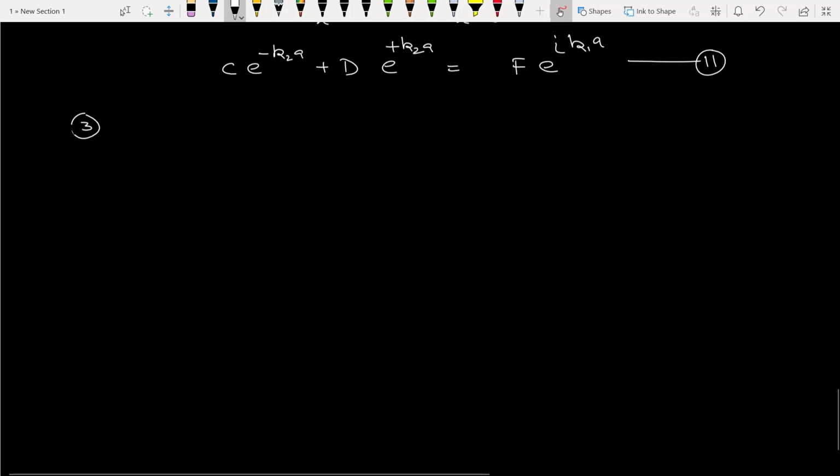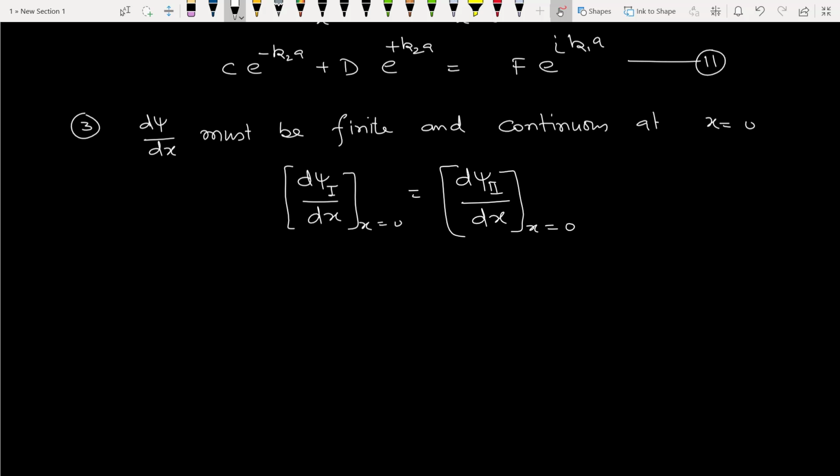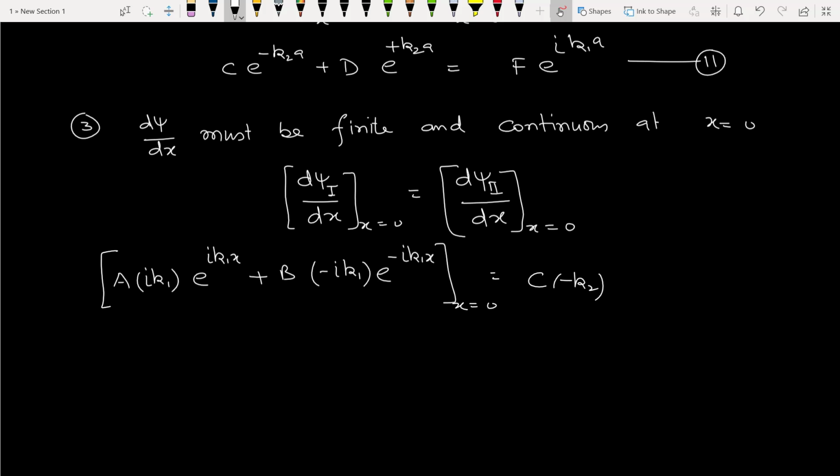Now for the derivative, boundary value condition is d psi by dx must be finite and continuous at x is equal to 0. So x is equal to 0, boundary is between the region number 1 and 2. So derivative of first function and psi 2 function with respect to x at x is equal to 0 should be equal. So when we take the derivative, at x is equal to 0,